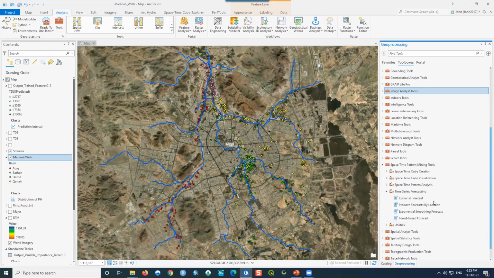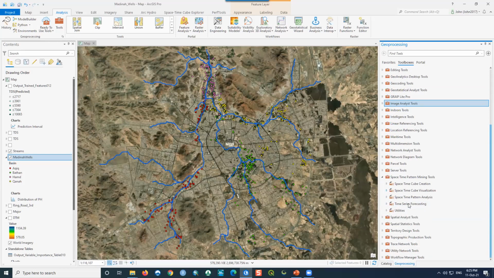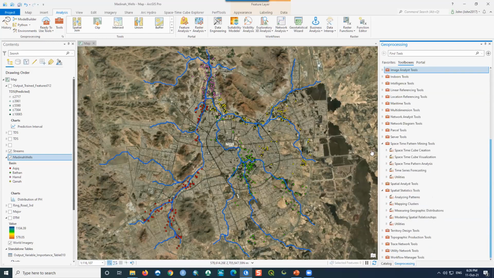There are 4 methods to evaluate between. Also, you have the random forest machine learning algorithm. This is the most recent. I think they released these tools in January 2021.